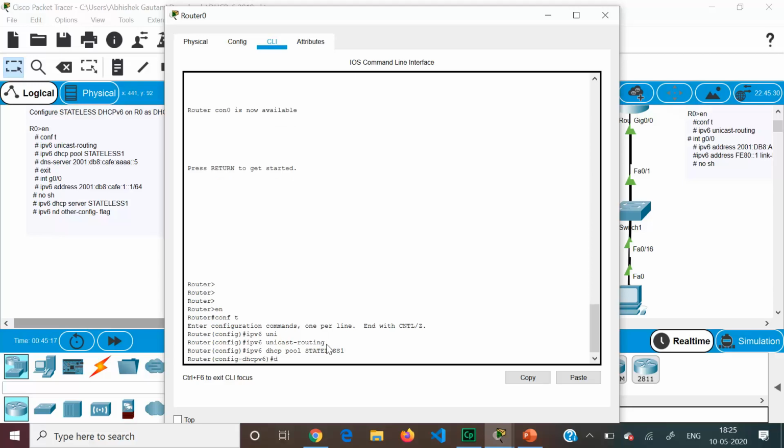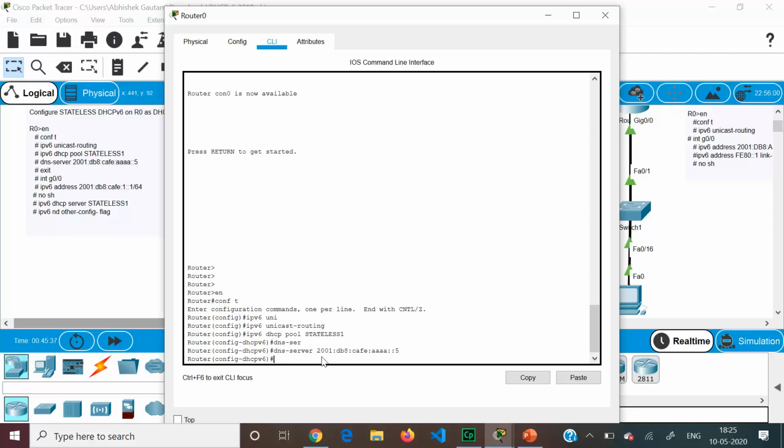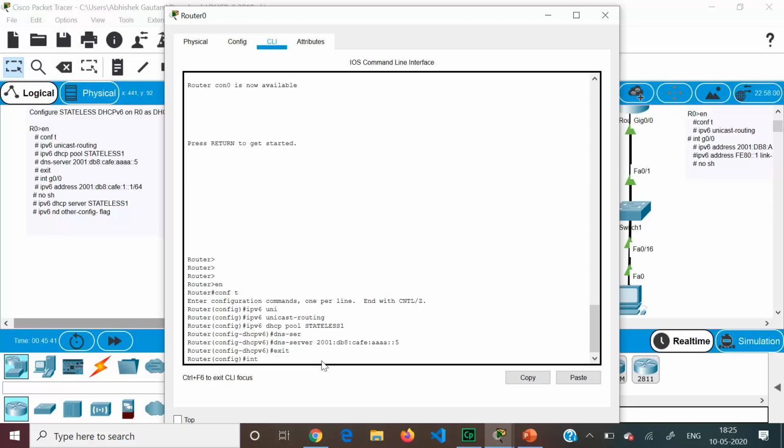And then we have to give the DNS server address from where it can get the information, which is 2001:db8:cafe::AAAA:5. This is the IPv6 address of the DNS server from where it can extract the remaining information. Then we will exit and follow the SLAAC method that we have recently seen.